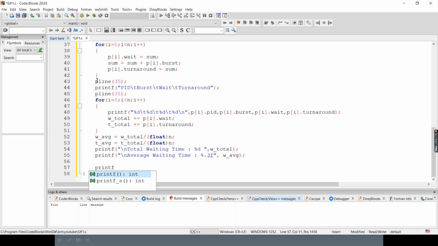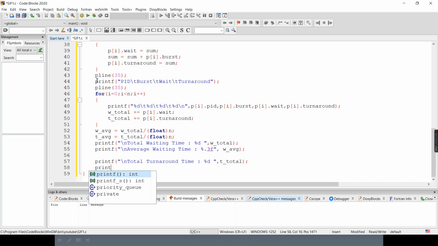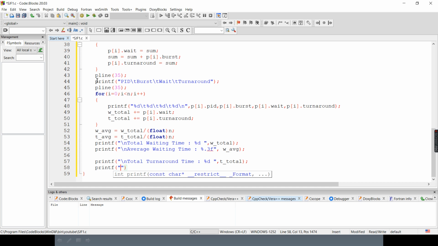Now we will print total turnaround time. It is stored in T underscore total, and at last we will print average turnaround time.